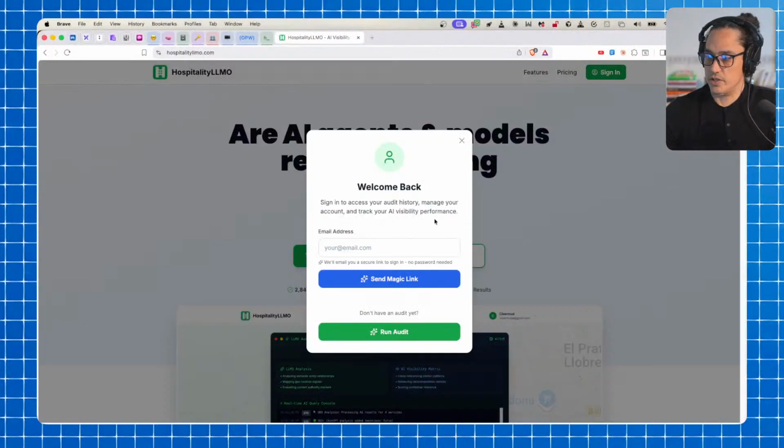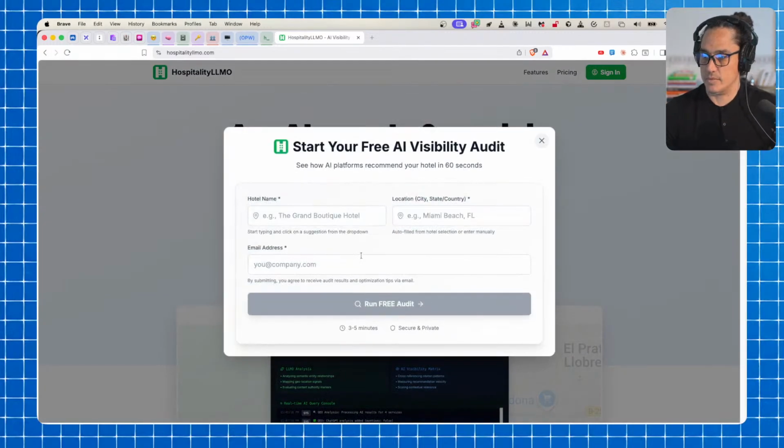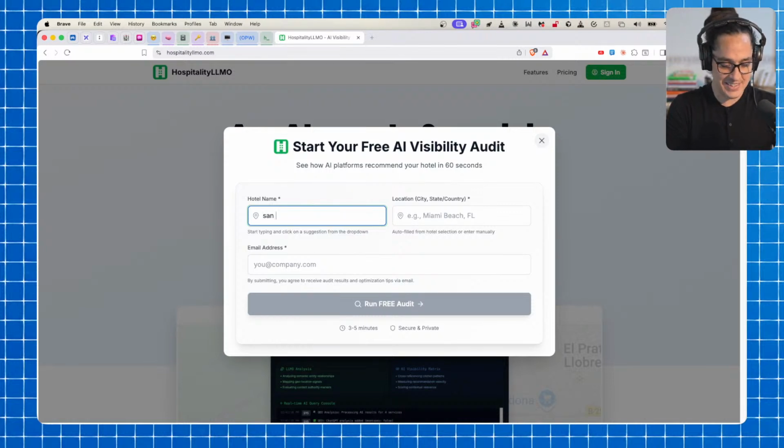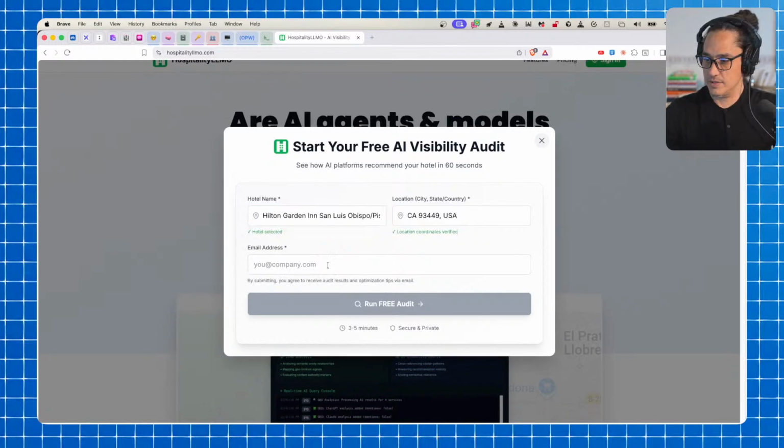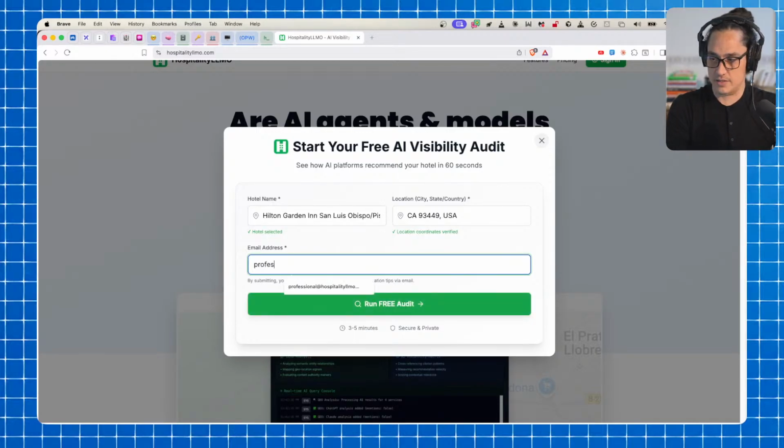So let's run another test here. I've already tested out the Explorer plan, the rate limiting and everything. And that's one thing I really want to make sure is dialed in, is the rate limiting. So free accounts can't just burn through the API usage. Let's go ahead and pick, let's pick a hotel for my college town, shall we? Let's go San Luis Obispo. Let's do Hilton Garden, and let's do professional at